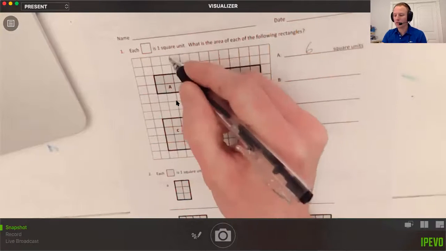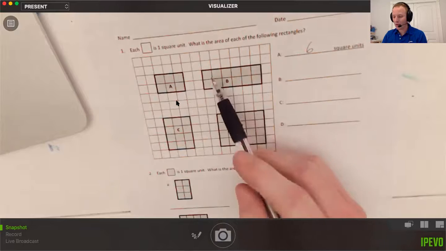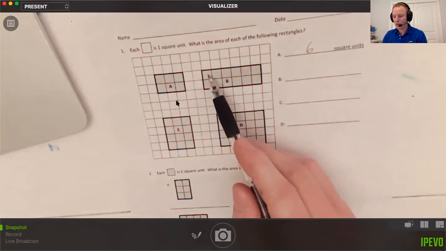It didn't tell us that these are square inch or square centimeter. So if it doesn't identify exactly what it is, you refer to it as a square unit. And that's always true. If you don't know exactly what it is in terms of the measurement, then you use square units instead. B, I'm going to look at this and say there's 2 rows, and there's 1, 2, 3,